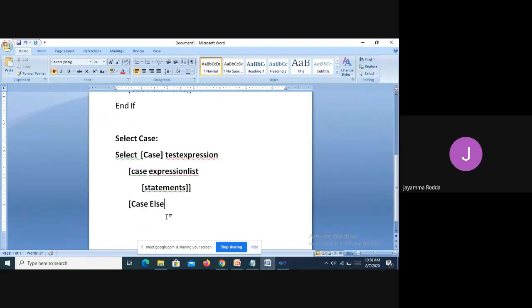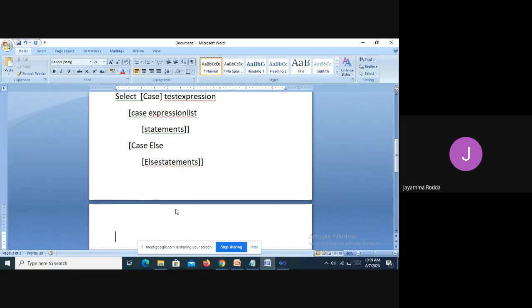So this is like the switch case we have discussed, since we are familiar with C programming. The Case Else part will be written. In the Case Else part, the list of else statements will be written. And finally, End Select.